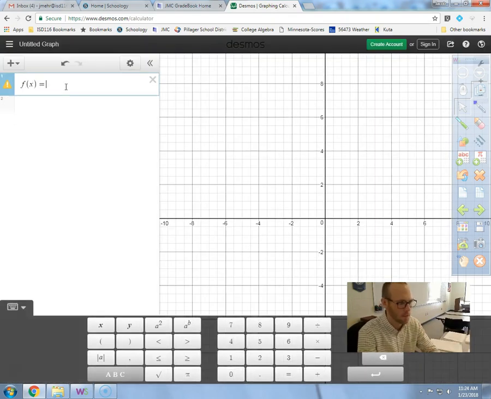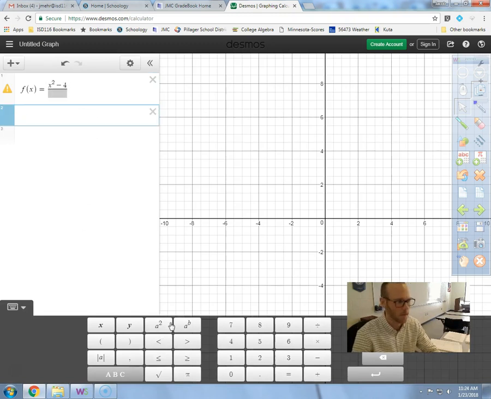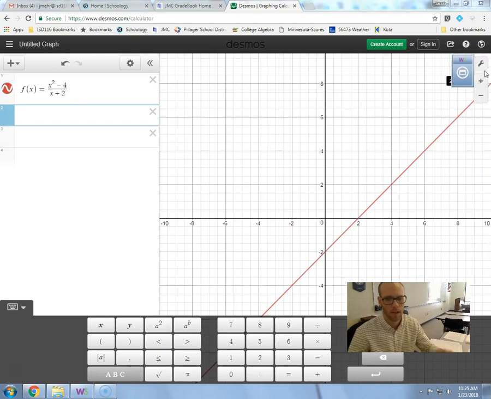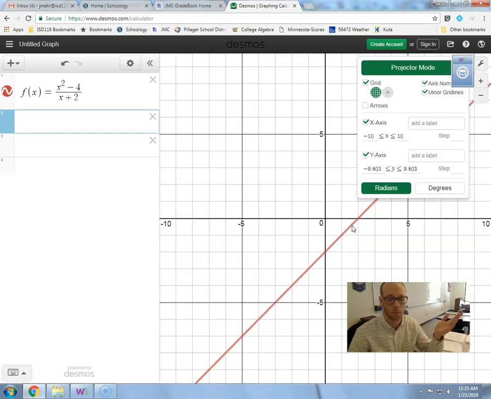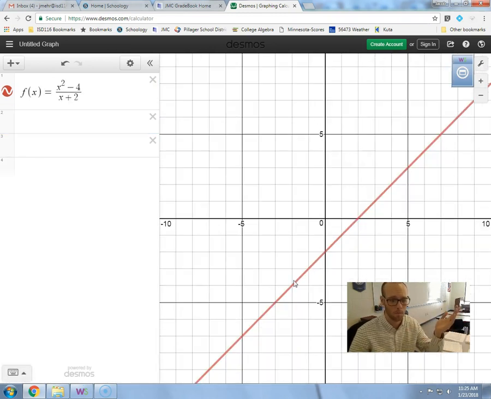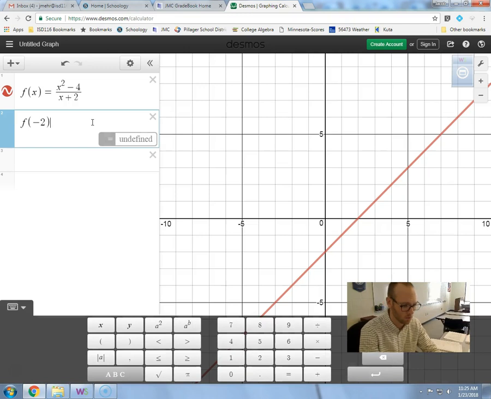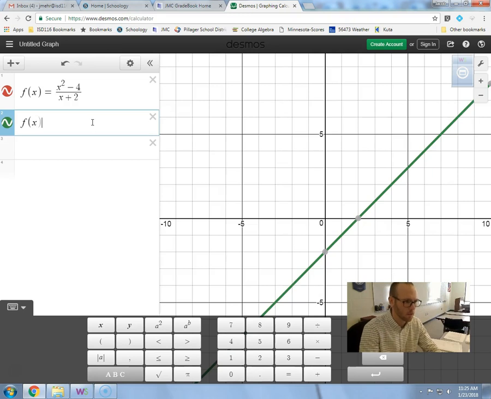F of x equals, on the top we had x squared minus 4. On the bottom we have x plus 2. Okay, and we see here we get that line that we talked about. Does this line have a hole? Yes, it does, doesn't it? Now you've got to put the cursor over it here in Desmos to see that hole, but there it is. And then we say f of negative 2. Well, there's a few ways that we could write this. We could say f of x equals,